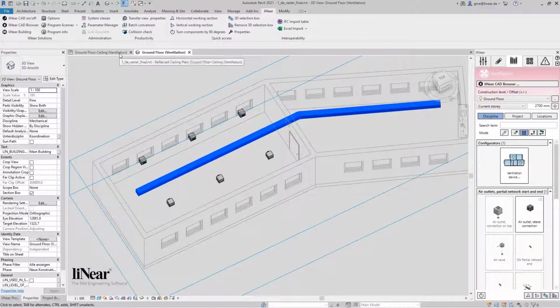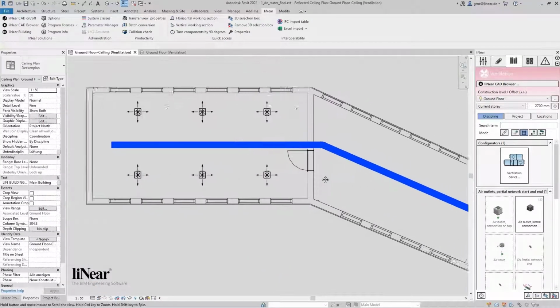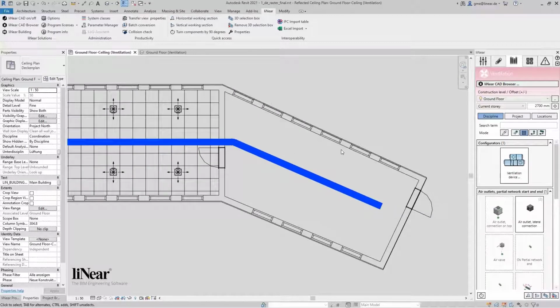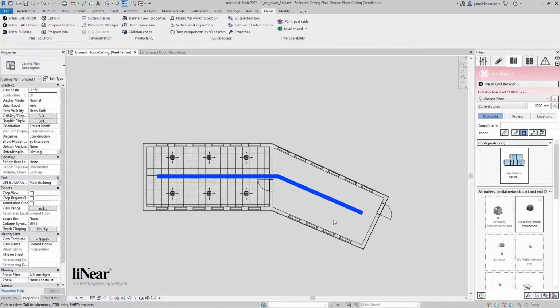Second, I will show the positioning without a fixed grid in the other room. You have the possibility to execute this command with the components from the linear libraries as well as with manufacturer components from the Linear CAD browser. Also, you can use all other families you have created on your own or downloaded from another library. This can be all kinds of objects, for example lamps, floor tanks, or whatever. As long as the family is already in the project, it can be used.